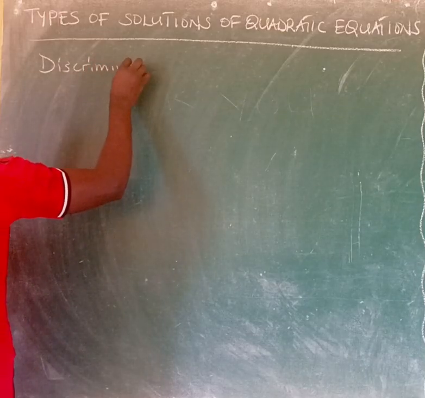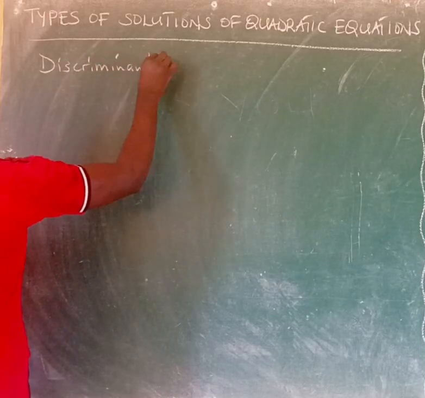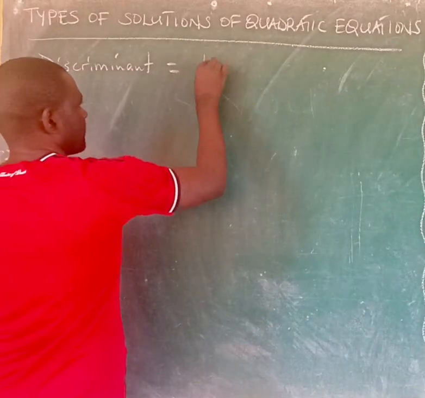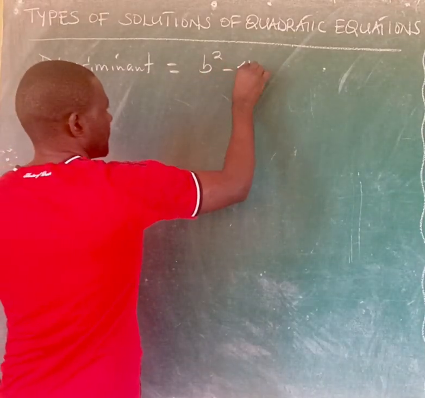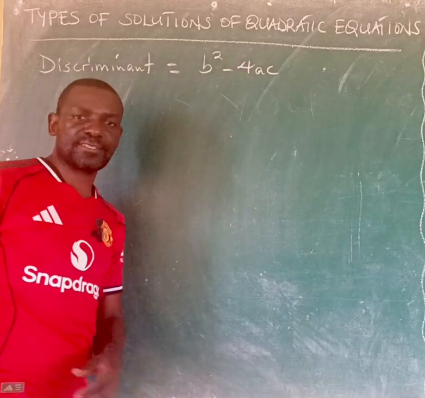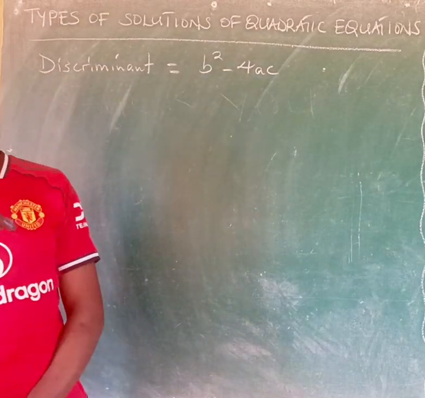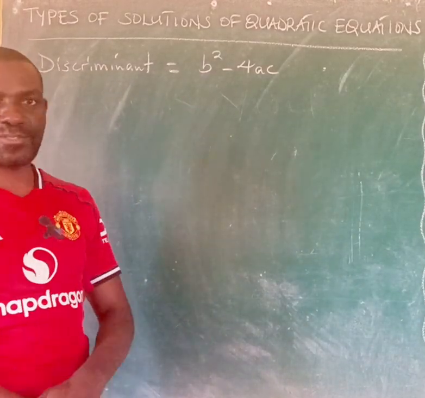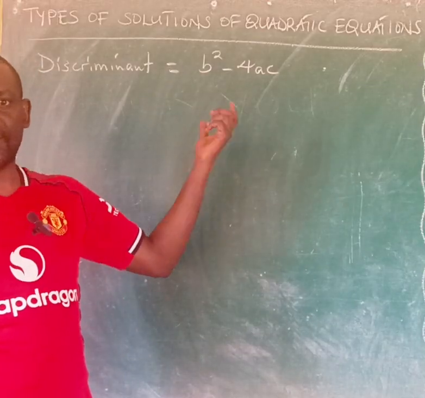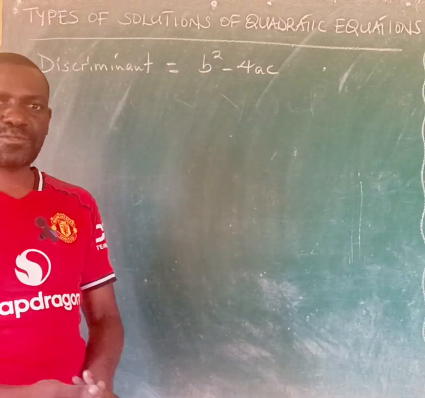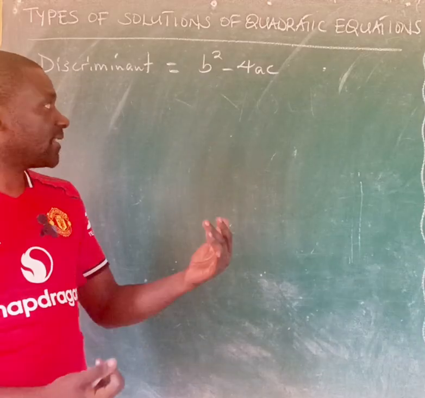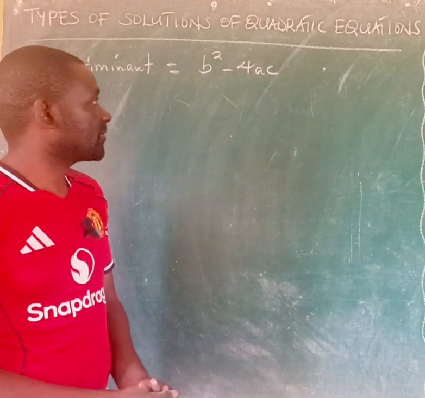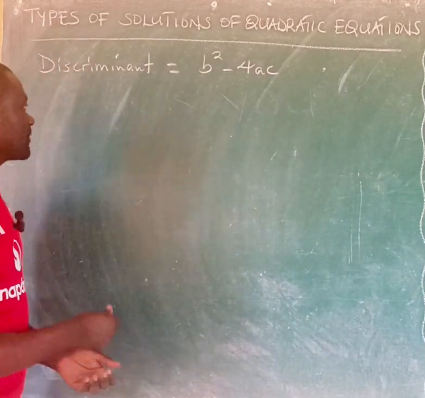Discriminant is simply b squared minus 4ac. So usually this is the part that is always under a square root. So whatever value it gives you, you know the types of solutions that a particular quadratic equation will have. So to begin with,